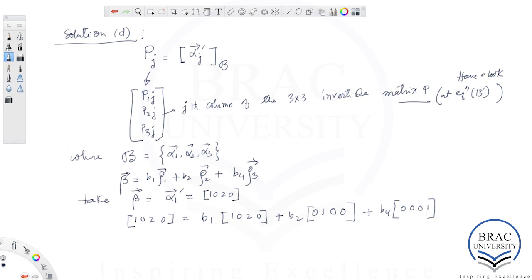Okay, this is what we want, which means B1 is equal to 1, right? B2 is equal to 0. And what is B4? Well, B4 is also 0. So plugging in these values,